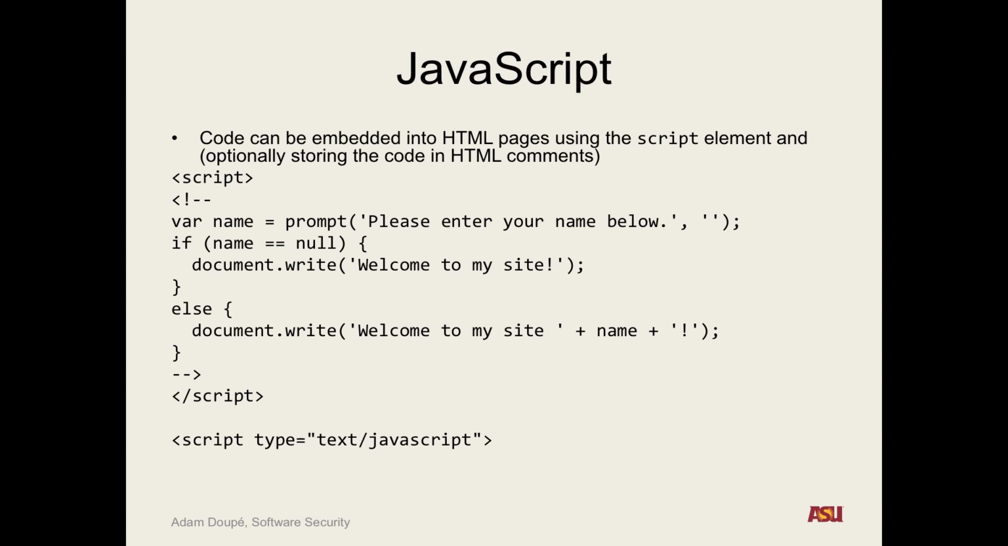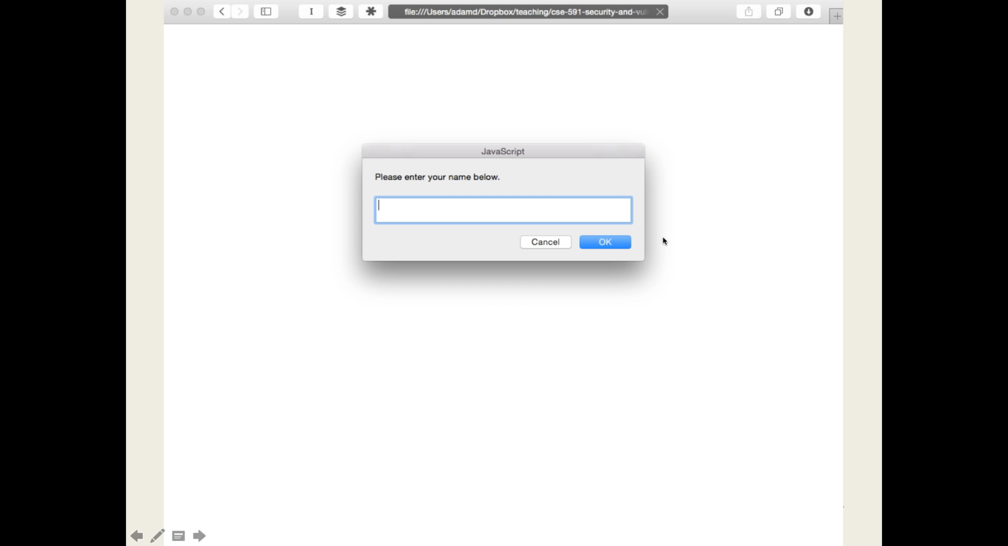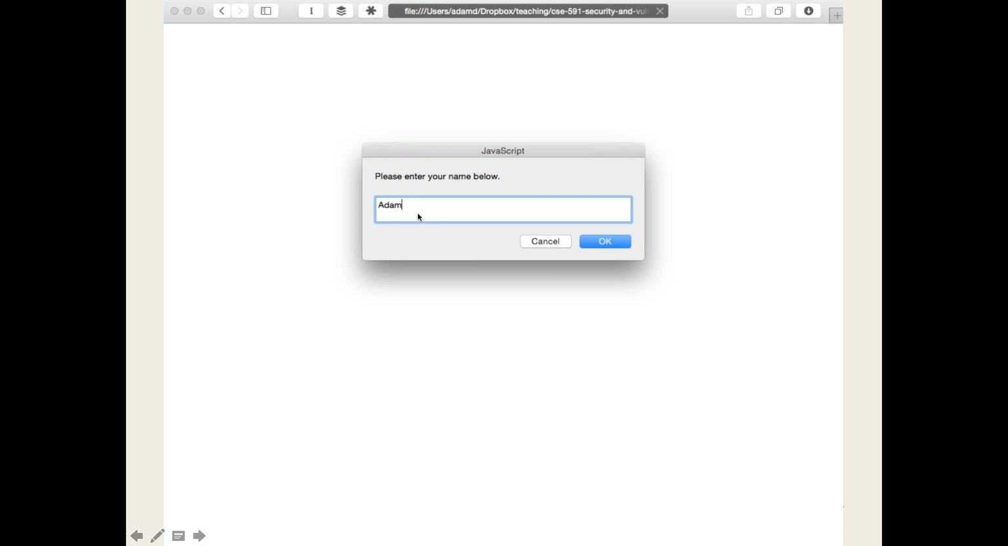The default for a script tag is JavaScript. You can also specify the language in either the type attribute or the language attribute of the HTML tag. And so if we access a web page with this script tag, it'll look something like this. We'll go to a page, and it'll pop up a prompt. This asks us to please enter our name. We'll type in something. If we click OK, then we can click Adam, and it'll say, welcome to my site,